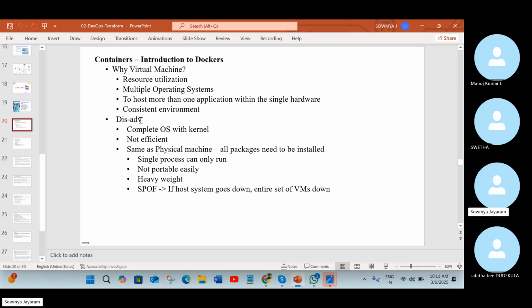Anything related to the answer, you can try. It saves us space and the amount for maintaining a physical machine. Yeah, exactly. Any other answers?